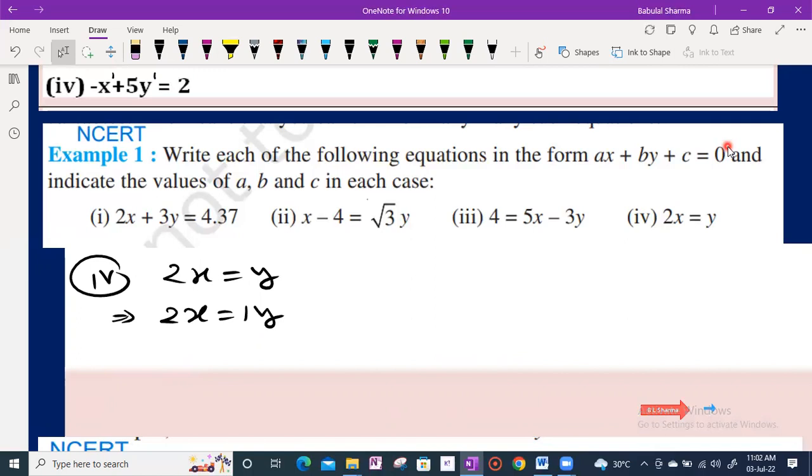इसका coefficient नहीं होता, write as one coefficient. So transfer y right hand side to left hand side, that is 2x minus 1y is equal to 0. But constant term भी होना चाहिए. So write 2x minus 1y plus 0 is equal to 0. Constant term यहाँ पे नहीं है, तो we can write here 0. Now with comparing